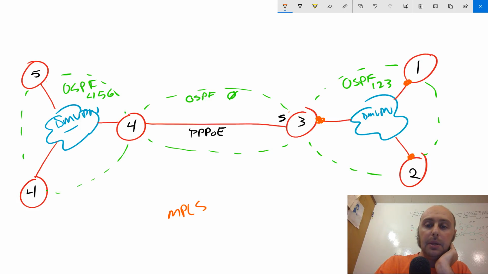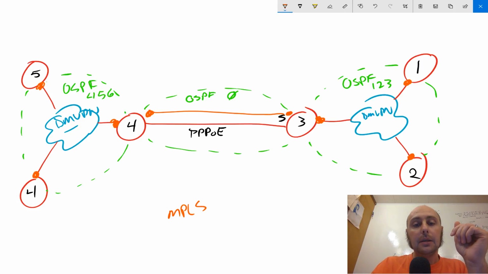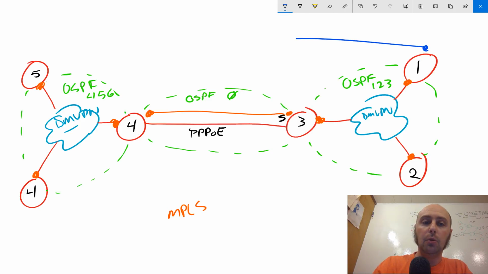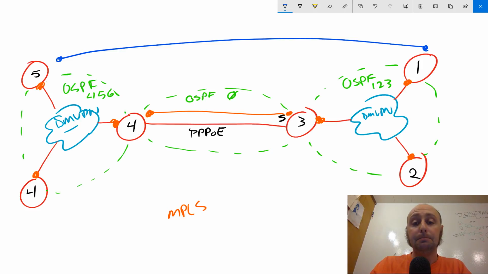I turned on MPLS on the PPPoE interfaces, so I'll draw that up here because they're sort of virtual interfaces, and 4, 5, and 6, the tunnel interfaces. So I got OSPF working. That was fine. I could ping end to end. I could ping from router 1 all the way over to router 5, no problem,